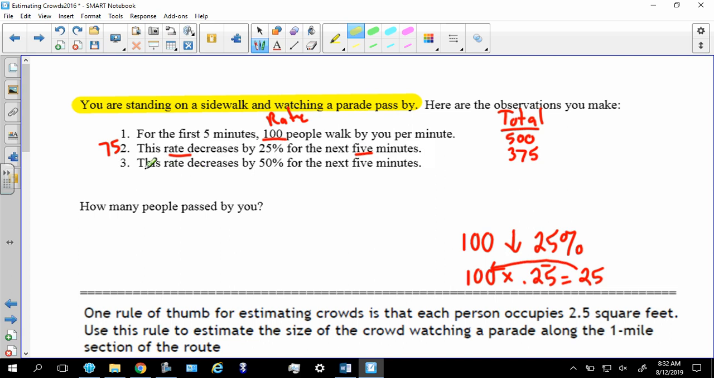And then it says now for step 3, this rate decreases by 50%. Again, this rate, the new rate is 75, and it decreases by 50%. Well, decreasing by 50% is no more than dividing by 2. So off to the side, 75 divided by 2 gives you 37.5 people, but I'm just going to round it to 38. Might as well keep it simple. So my new rate is 38. So 38 people are now walking by you every minute for the next 5 minutes. So 38 times 5,